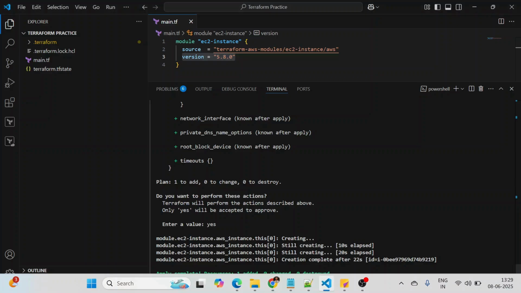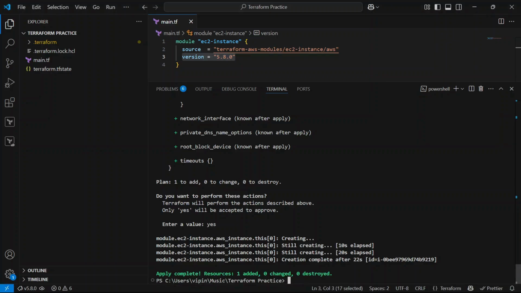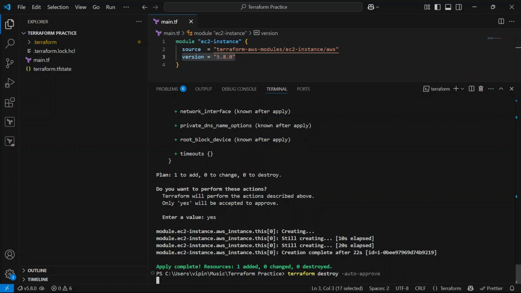So let me delete it. terraform destroy -auto-approve. Okay, so let me destroy it first.